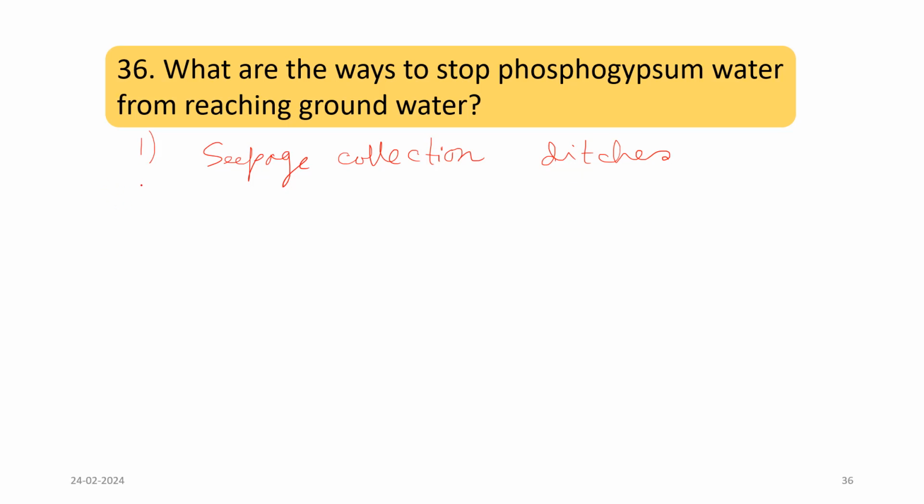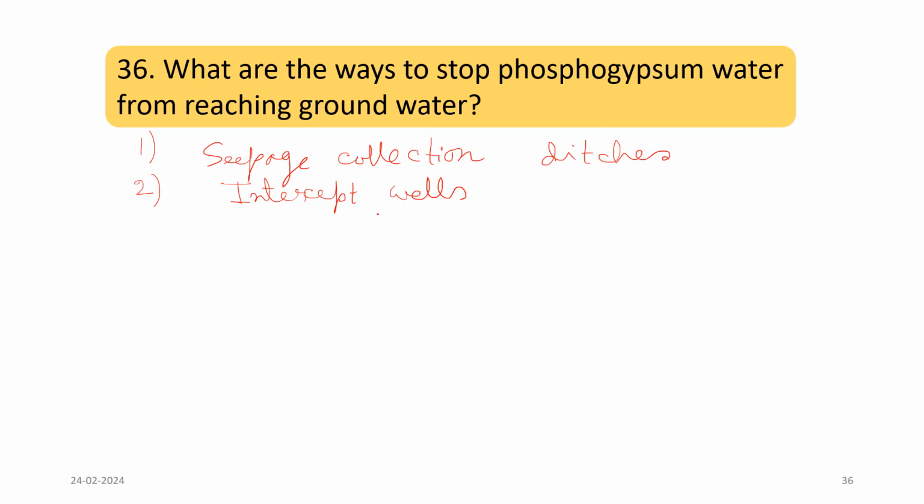The second one is the intercept wells. So when the reaction is happening from one reactor to another reactor, if we put some wells between them and intercept it, that is how we can take out phosphogypsum water